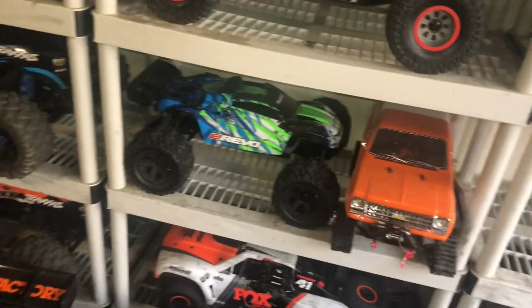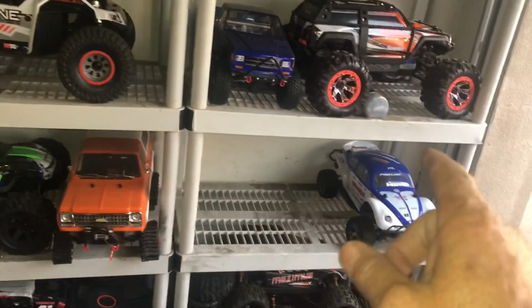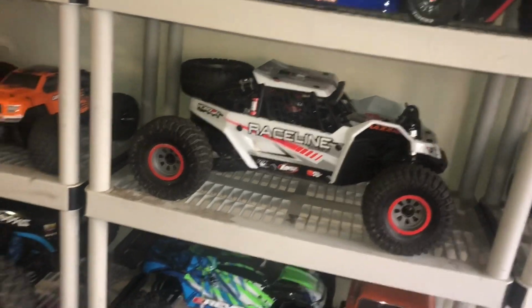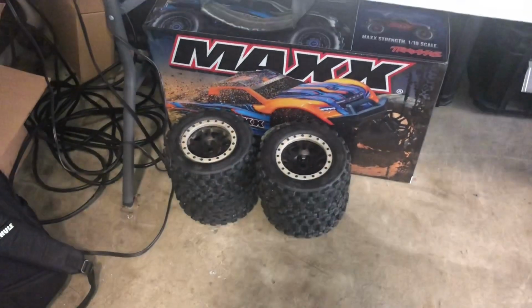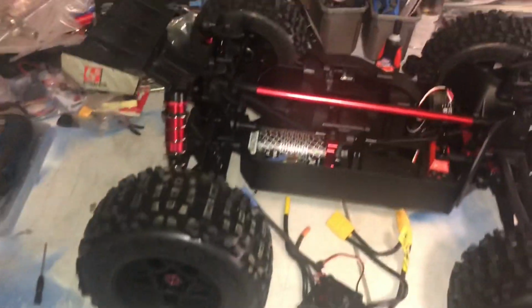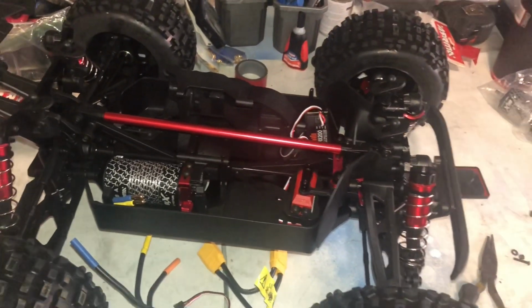So I've got some paddle tires for, I think, the Rustler or the Slashes. So I got some of those. I might go do that. If I got something that'll fit on the Rock Ray, I might just go ahead and do that. But I have those, which you guys know I've taken off because they're really heavy. But I've got a pile. This whole box is full of just tires. So I've got tires for days. I've got tires everywhere. But I don't have any backflips, which I want to stick a set of backflips on